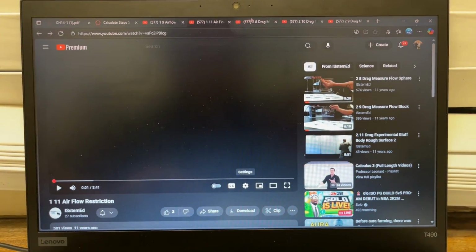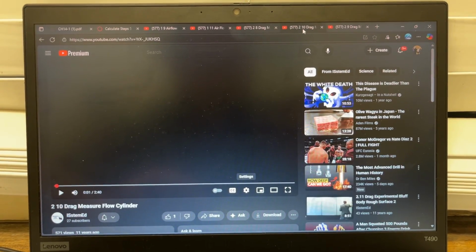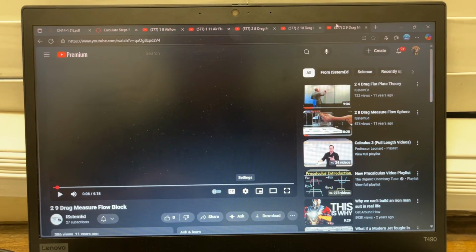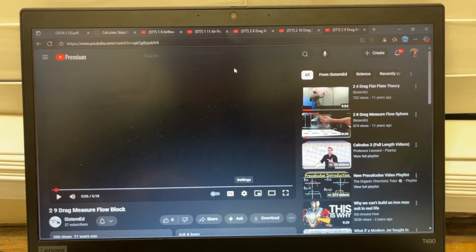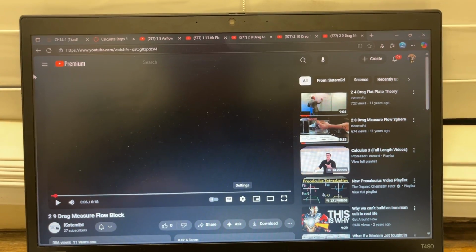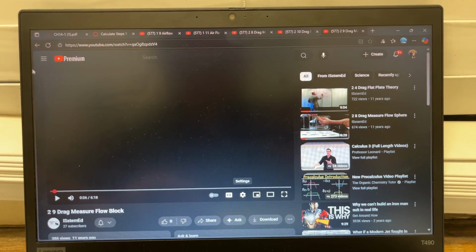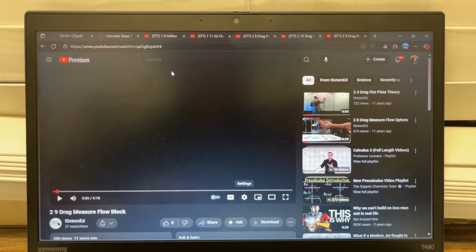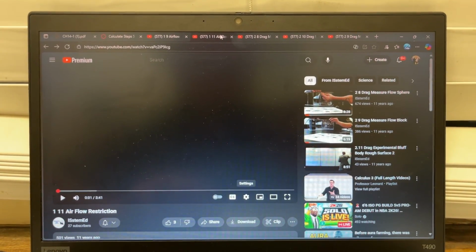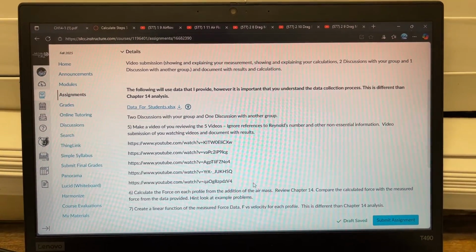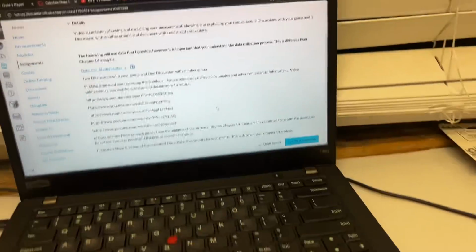And so these subsequent videos are just you setting up the profiles in the wind tunnel and then using the force sensor and C-clamping it to the table so you can get accurate measurements of force. And the previous videos are for velocity measurements. So you put it into an Excel spreadsheet, and I took that data and I went ahead and solved number